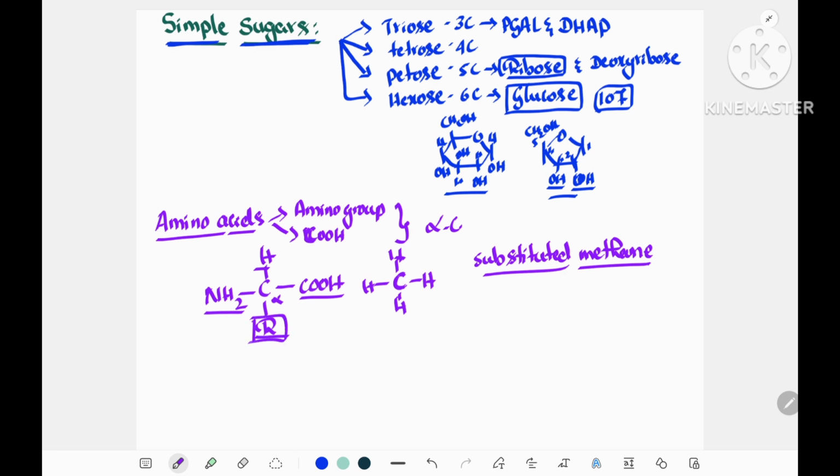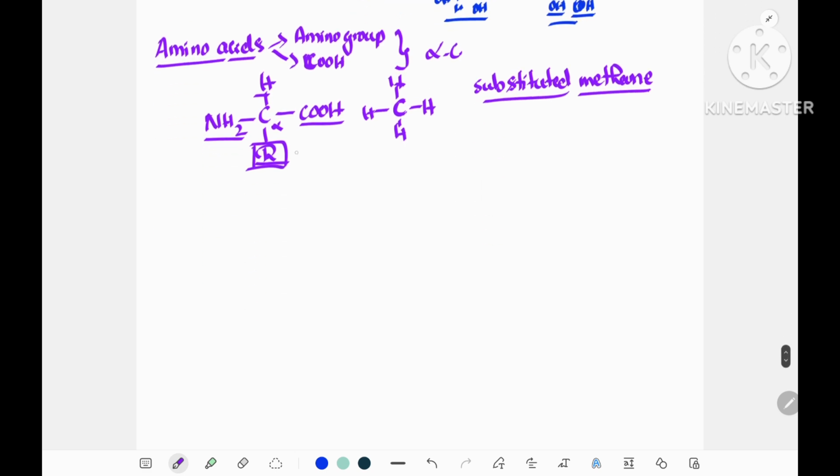Now the R group is variable in different types of amino acids. Depending upon the type of R group, there are 20 different types of amino acids which are found in proteins. So here this point is very important. To form proteins, 20 different types of amino acids are responsible. Now these 20 types of amino acids are formed by the different R groups which are attached to the alpha carbon. If alpha carbon has